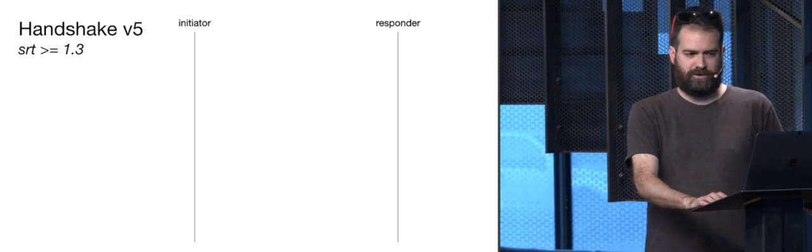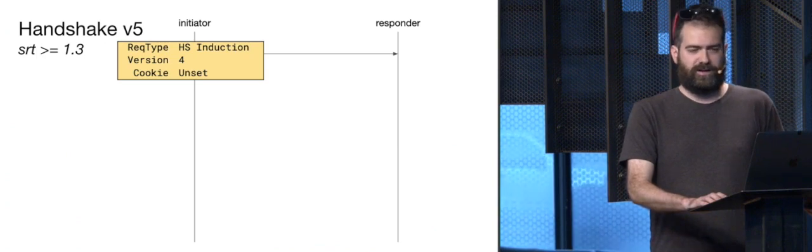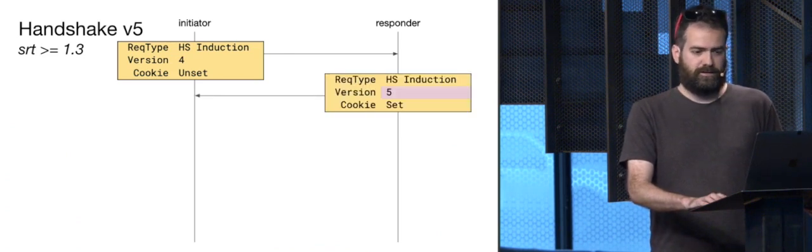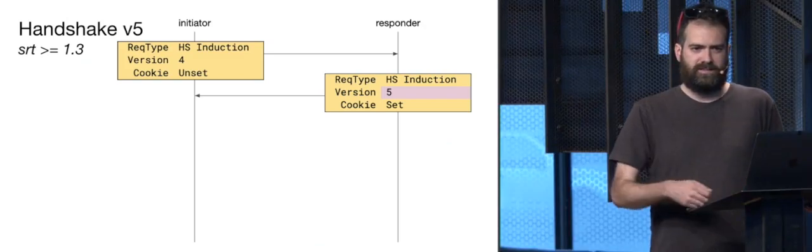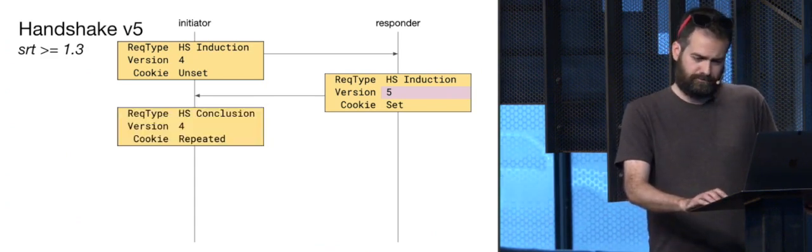So here's how it actually plays out in practice. For two parties attempting a version 5 handshake, the initiator creates a handshake induction packet, which means I want to start a handshake. It sets the version to 4, and there's this cookie field that it leaves unset. So the responder sees that it received an induction packet. It creates an induction packet. It sets the version to 5, and it sets a value to this cookie. It's going to want the initiator to come back with this cookie in a short period of time. It allows the responder to not have to deal with people just spraying packets at it. You actually need to at least parse its packet to send something back.